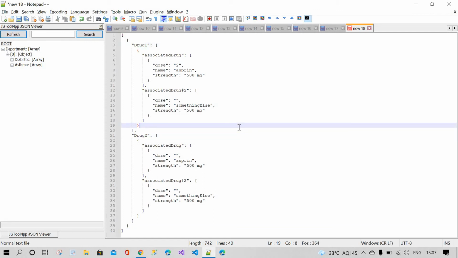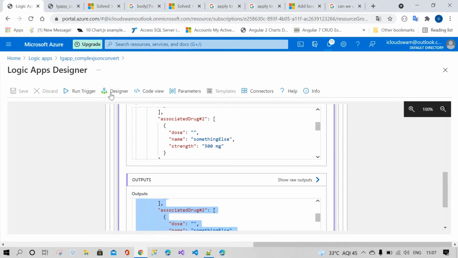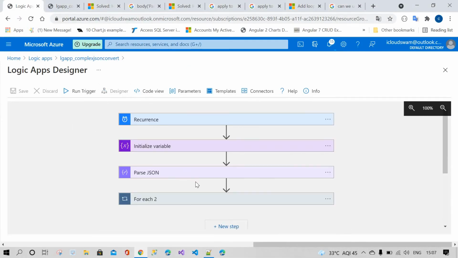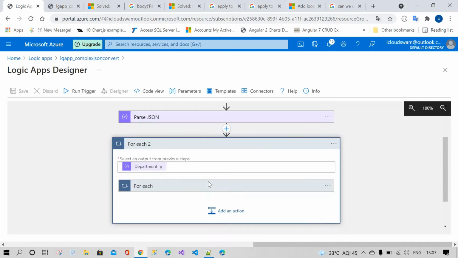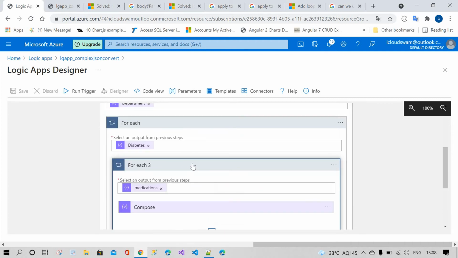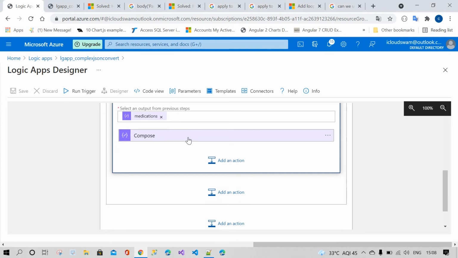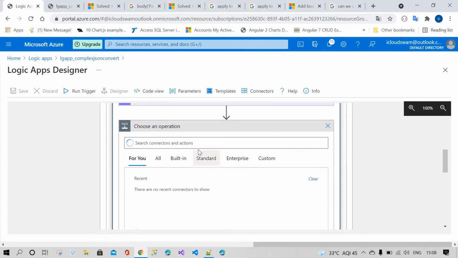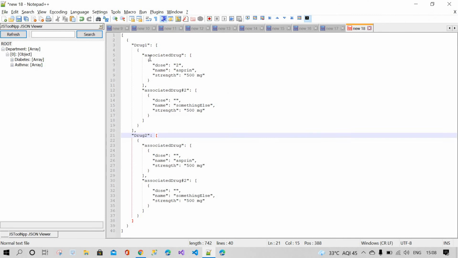Now if you want to filter the data again, the drug 1 and drug 2, you can do that. Go to the designer, the for each, to compose. Add an action here, because I especially want only this data.